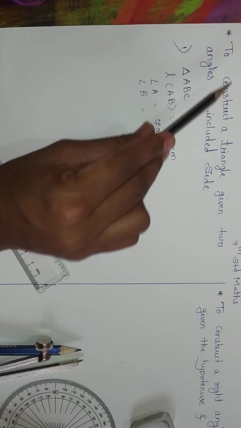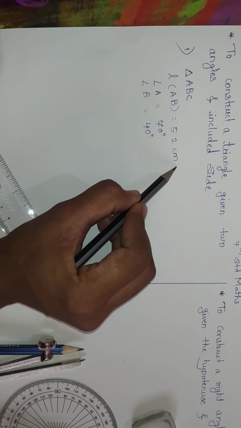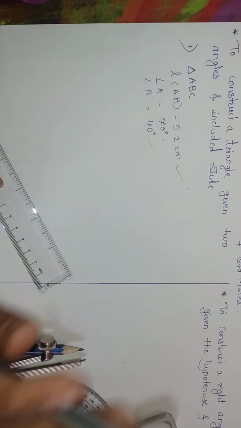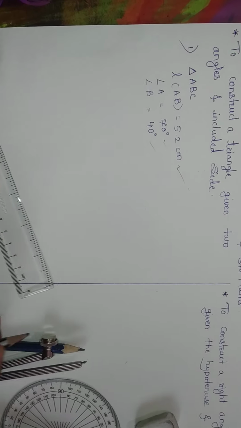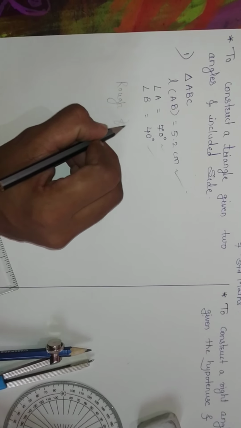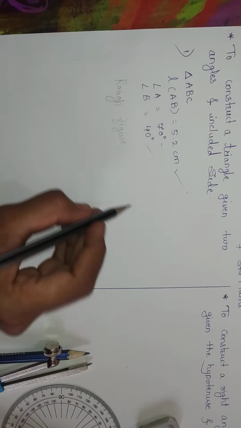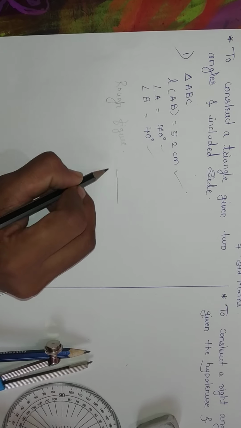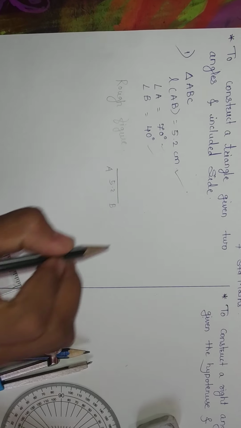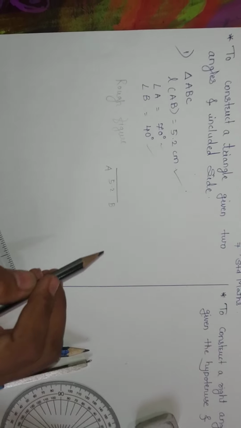Today we have to see how to construct a triangle given two angles and the included side. It means only one side is given, and two angles are given. We have to first draw a rough figure. All of you know that it is very important to draw the rough figure. So pay attention to how to draw it. Line AB, or length AB, is given, so we take AB as the base, that is 5.2 centimeters. Using the scale we can easily draw line AB of 5.2 centimeters.